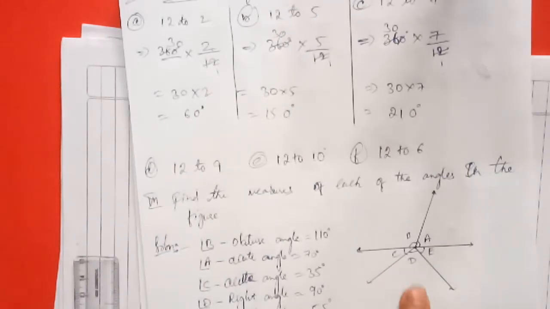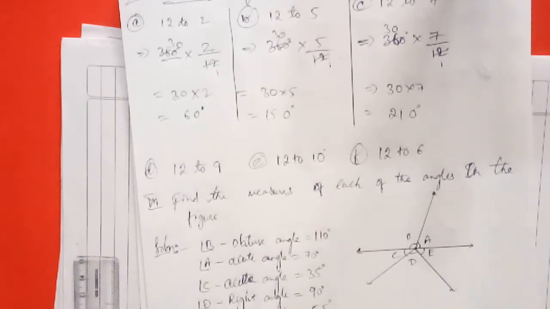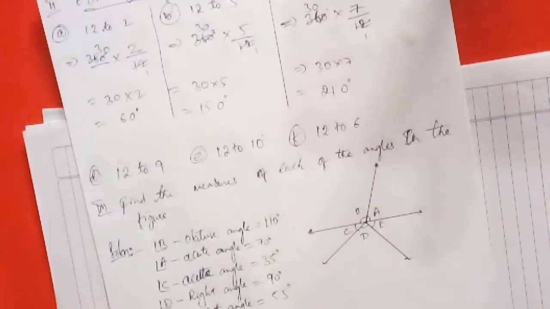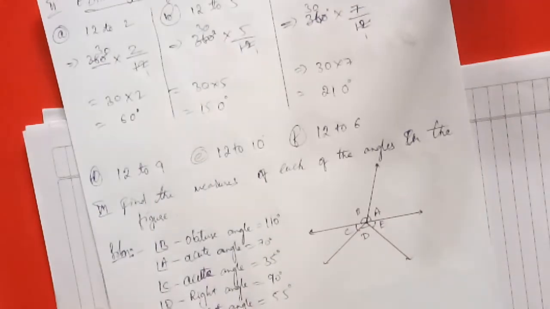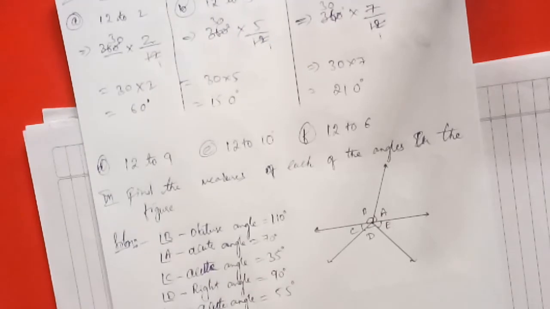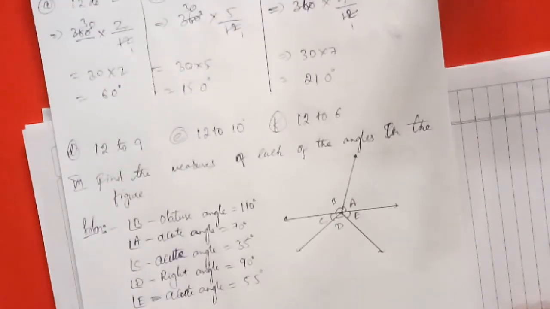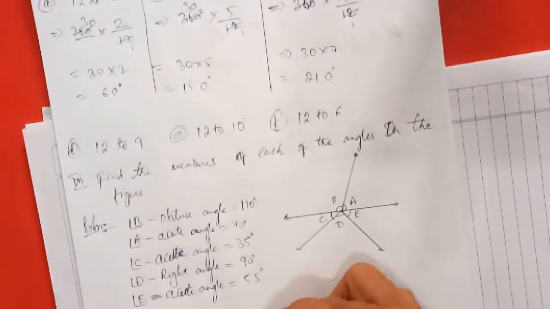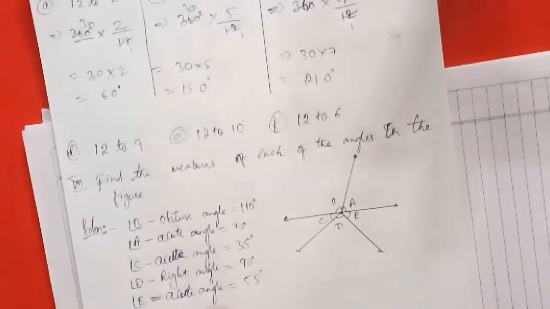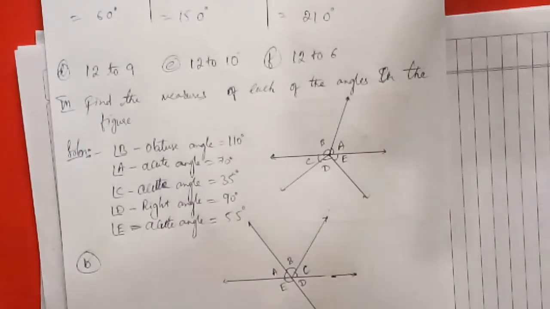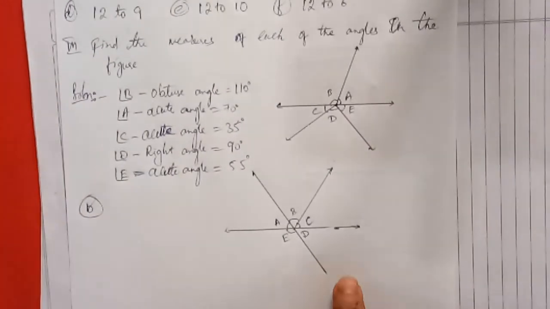You people have to make it like that and solve the angles also in your classwork. Understood my point? One more I will give you in that third main question's sub questions. This is the first one. For the second one, B1, I will give the diagram. You have to solve by yourself only. This is a baseline. The second one's diagram is given here.